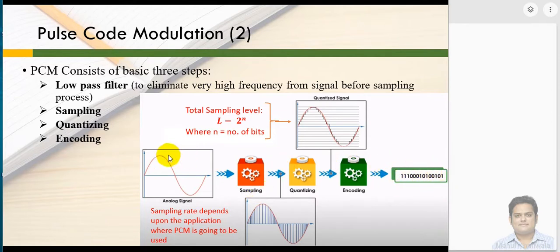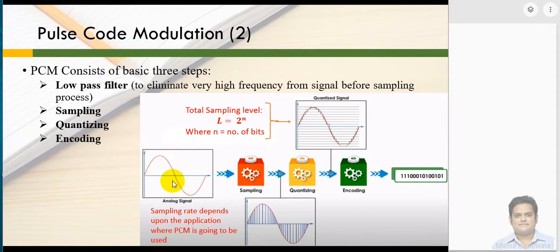So that is a very important aspect we need to understand, because we are using this daily. Whenever we are talking, these things are always happening. So let's see all these three steps in brief, and then we'll take one example of PCM so that it will be very clear to all of you, right?